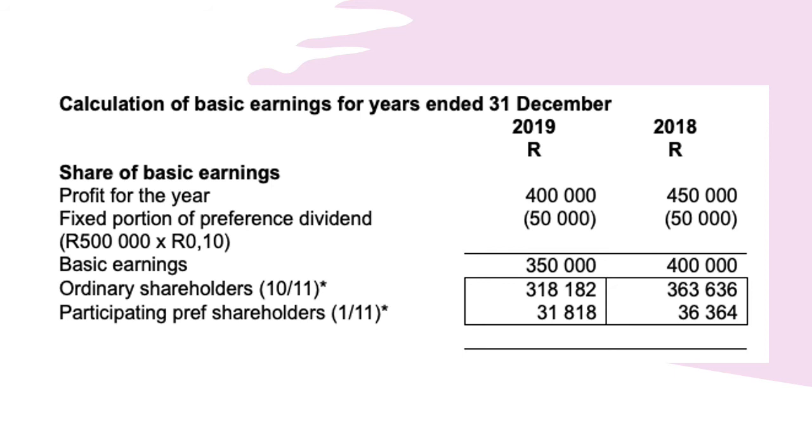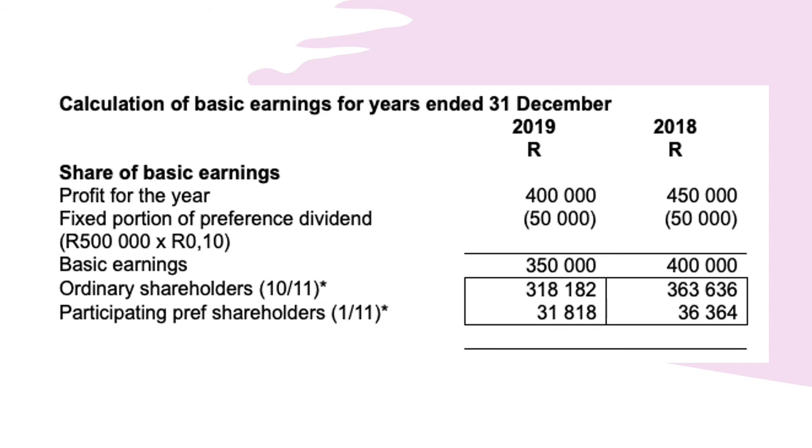If we take the 450,000 Rand profit less the 50,000 Rand fixed dividend, that then gives us basic earnings of 400,000 Rand. Now we have to do the split between ordinary shareholders and participating preference shareholders. Participating preference shareholders, in addition to their annual fixed dividend, are also entitled to 1/10 of the total ordinary dividend declared. Therefore, essentially, participating preference shareholders are entitled to a portion of the basic earnings, as ordinary dividends are declared